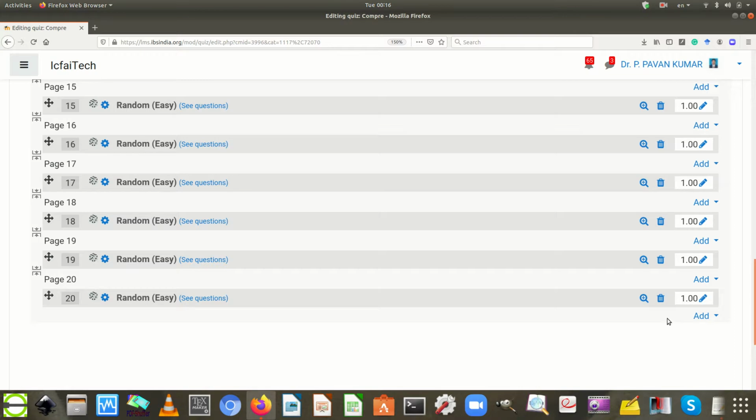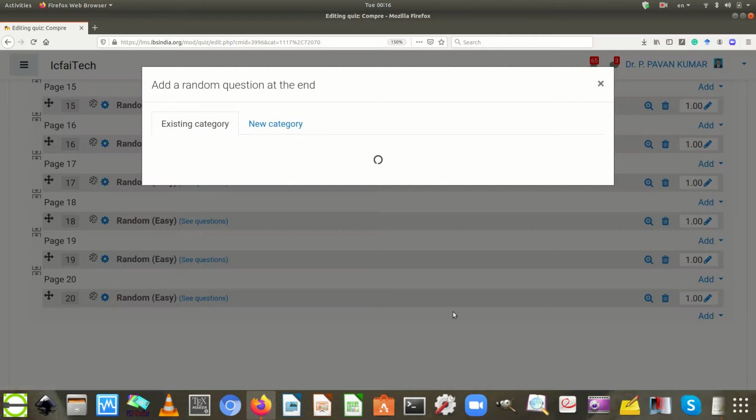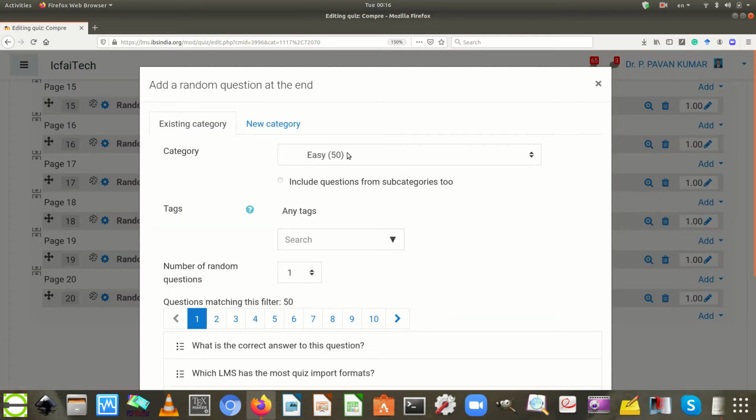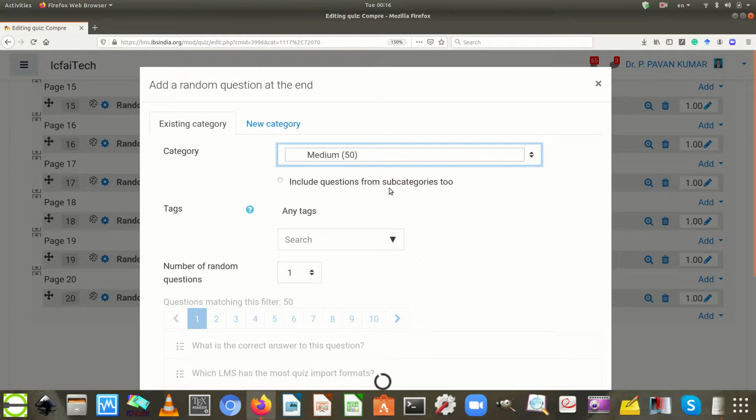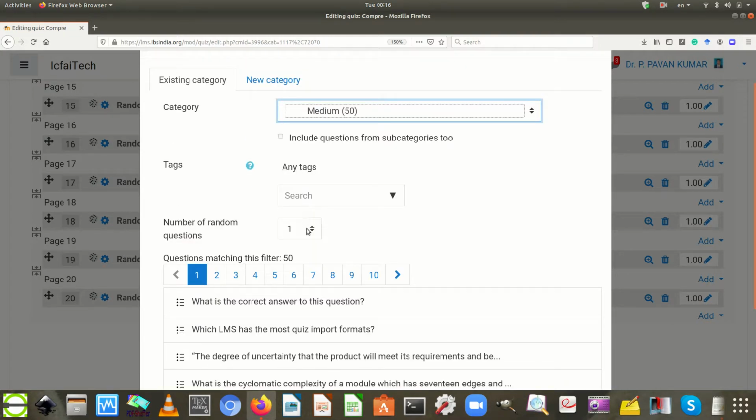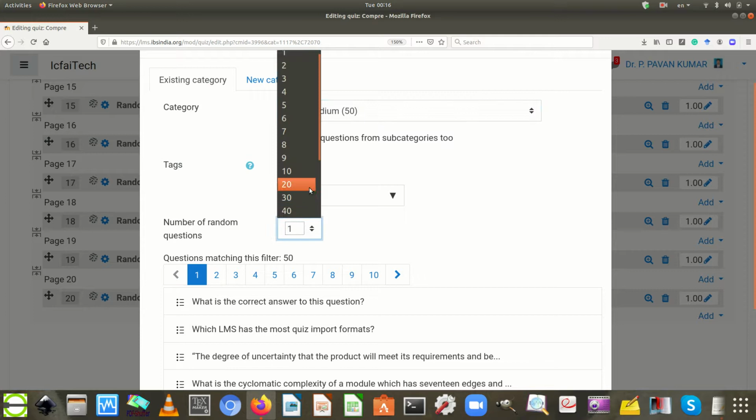Now repeat the same process for another set of category, by using the add drop down option and choose a random question. In the add a random question at the end window, choose the category from easy to medium, which is the last category, and select the number of random questions from the medium category, that is 10.